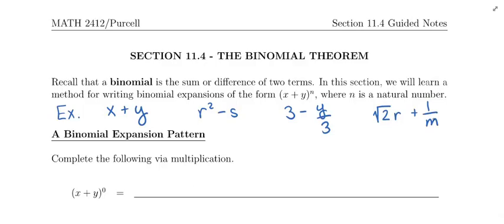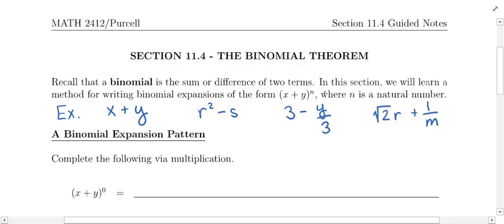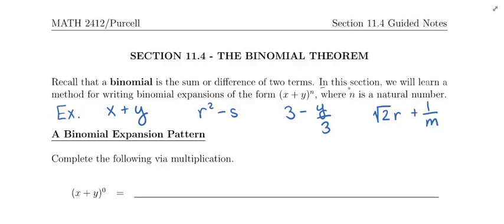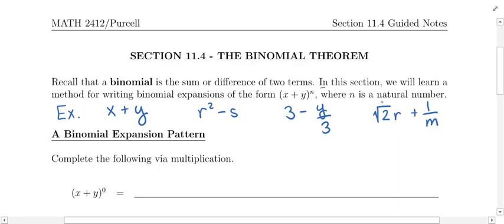So what is this binomial theorem? Well, it's a theorem, but what does it do? If you read the second sentence here, it says, in this section, we will learn a method for writing binomial expansions of the form (x plus y) raised to the nth power, where n is a natural number. Basically, if I asked you to take this last binomial here,